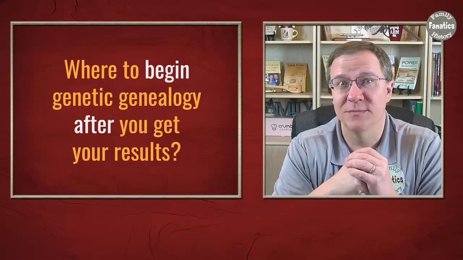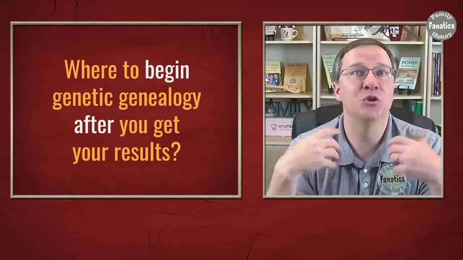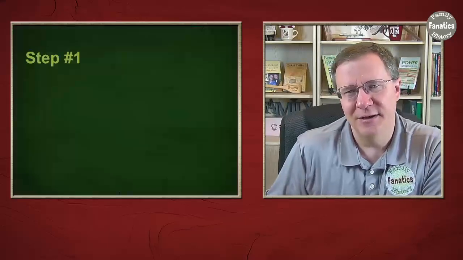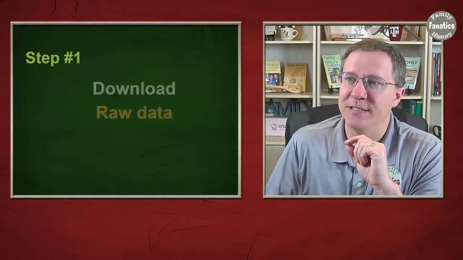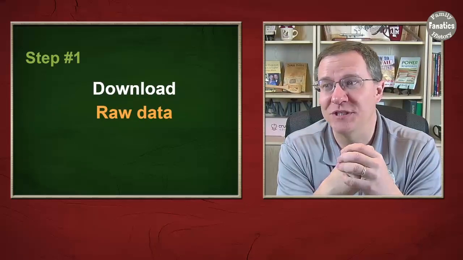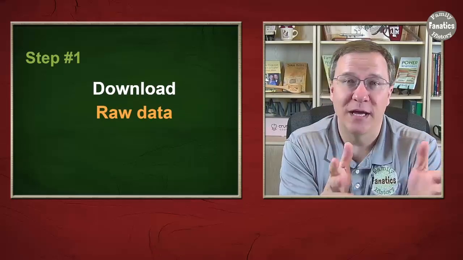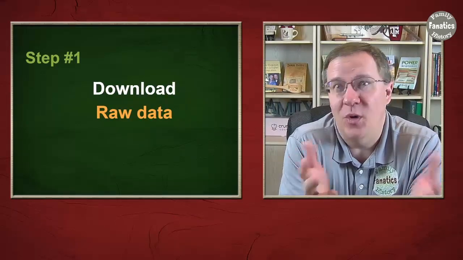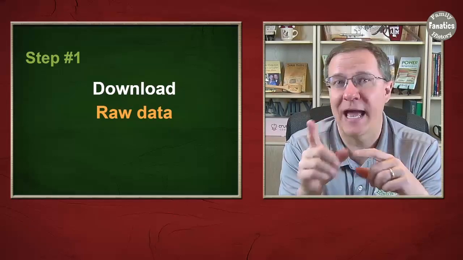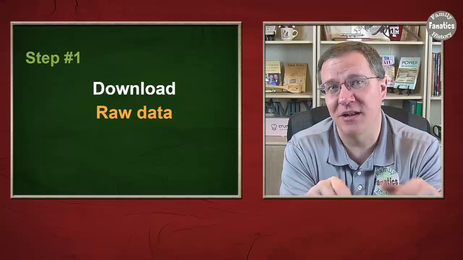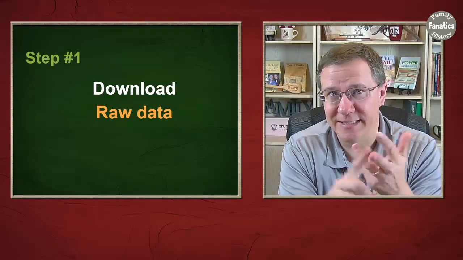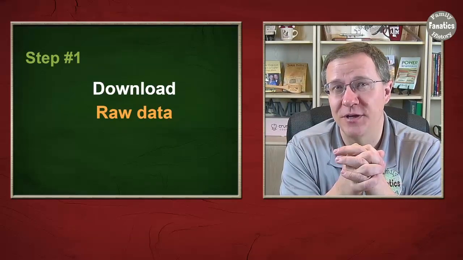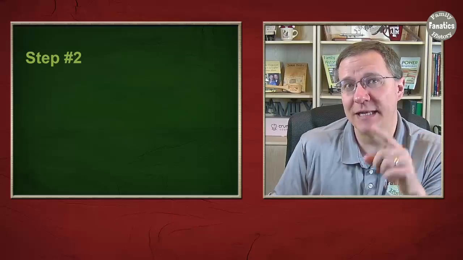So let me go over some steps here that you can use to make your genetic genealogy journey a little bit easier to start with. Now, step one of this journey, once you've tested and they've sent you back your results, is you want to download that raw data. What the raw data is, it is your DNA. It's what you paid for. So that's why you want to get this. So figure out on there how to download that. Now, I have several videos on this channel about how to download from 23andMe and Ancestry and MyHeritage and Family Tree DNA and Living DNA. So check out those videos depending on where you have tested, which then will lead us to the next step.